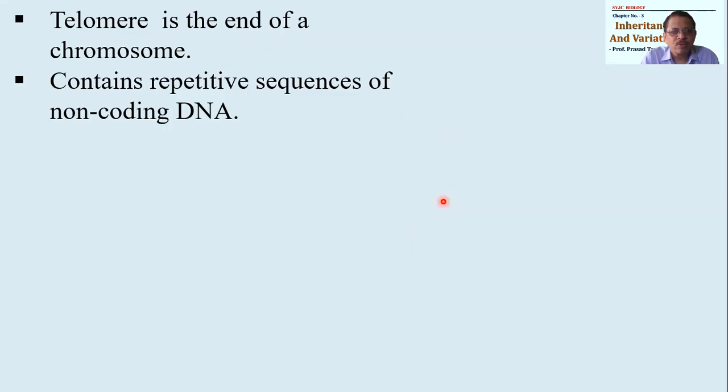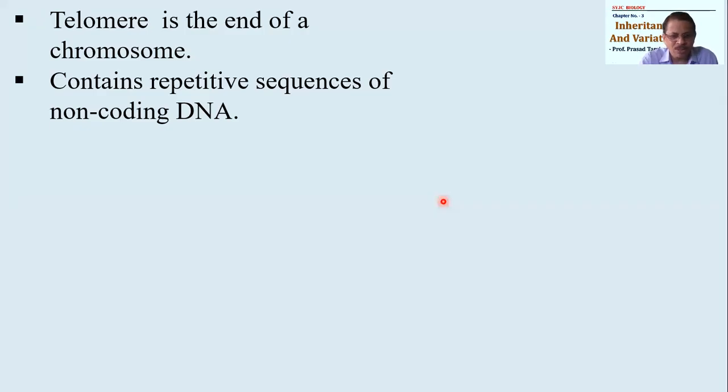It will be responsible for undergoing repetitive sequences of non-coding DNA. अभी ये आपको शायद नहीं समझेगा क्योंकि कोडिंग डीएनए नॉन कोडिंग डीएनए आपको वर्डिंग मालूम नहीं है. DNA has got nitrogenous bases, and these nitrogenous bases are forming genetic language and they code for a particular amino acid. But यहाँ पे ये जो पार्ट है टेलोमियर का पार्ट है उसमें नॉन कोडिंग डीएनए अवेलेबल है, मतलब उसमें से कोई प्रोटीन नहीं बनेगा। सिंपली अभी इतना ही याद रखो, टेलोमियर के जो डीएनए है उसमें से कोई भी प्रोटीन नहीं बनेगा। बाकी के क्रोमोसोम में जो डीएनए है उसमें से प्रोटीन बन सकता है, लेकिन यहाँ से नहीं बनेगा।